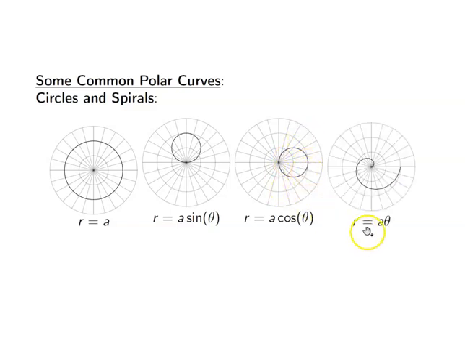Okay? And then here I can get a spiral if my radius changes as my angle changes, right? So if I start off with a small a, it'll just get bigger and bigger as I go out, because as I'm changing theta, my radius is changing as well. Limaçons. So here, if my function has the form r equals a plus or minus b cosine theta, or